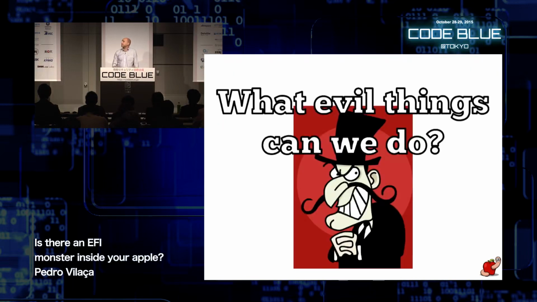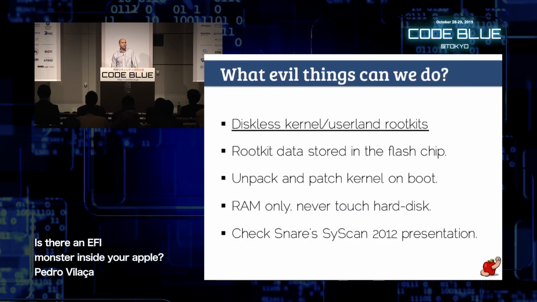Interesting things: attacks on EFI, examples of what we can do, why EFI is important. You can build a rootkit that never touches your hard disk. This is very interesting because if you touch the hard disk, you can have hard disk forensics. You just need to have an image of your hard disk. If someone changes a bit in your hard disk, you can detect if something modified it, usually a